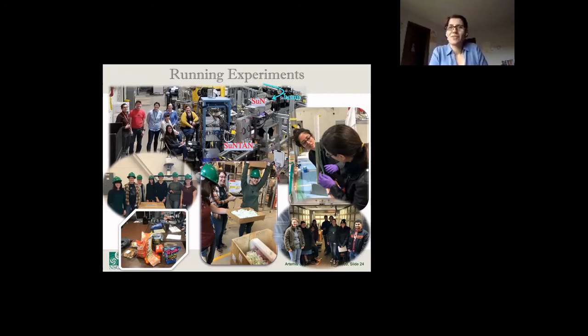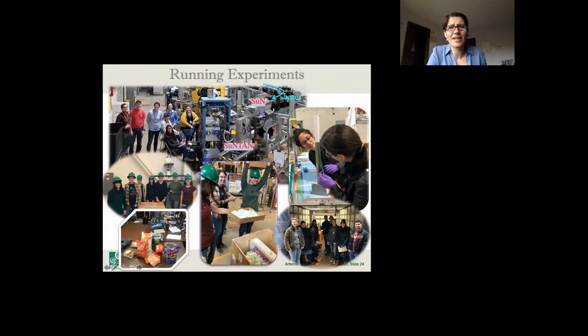In terms of running experiments, this is actually my favorite part as an experimentalist. Just get the whole group together, and it's a tough time because no one sleeps, and there's a lot of things that need to happen with a very sharp deadline. Experiment starts on Monday. You better have everything ready. And then we run 24/7 for a week. So this is an intense time, but you can see the whole team just working together, and it's a very educational and interesting time when we run experiments.